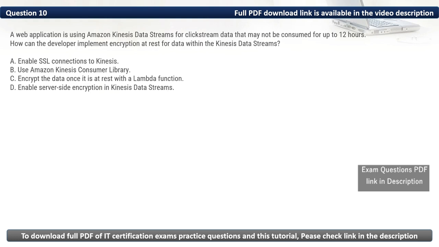Question 10. A web application is using Amazon Kinesis Data Streams for clickstream data that may not be consumed for up to 12 hours. How can the developer implement encryption at rest for data within the Kinesis data streams?